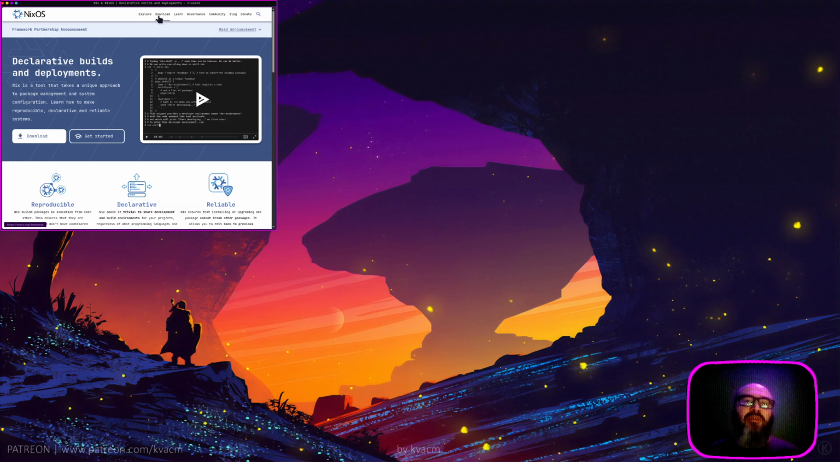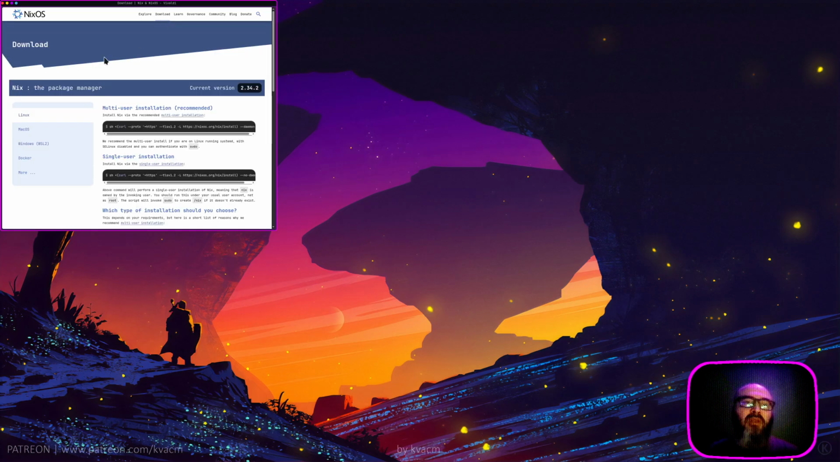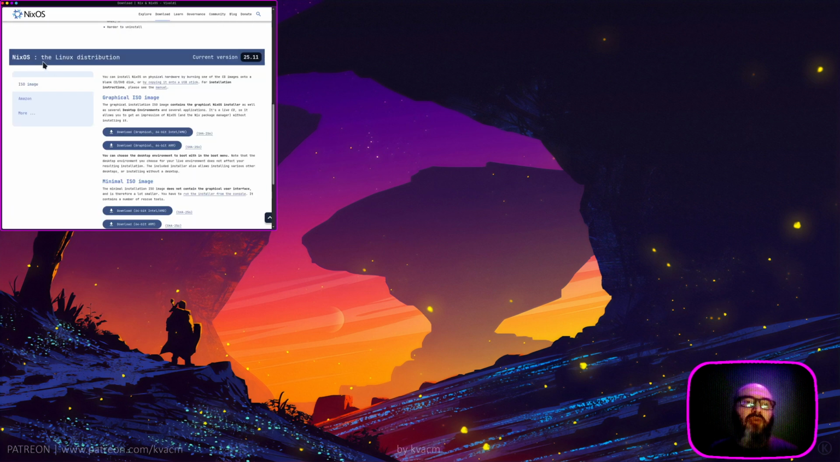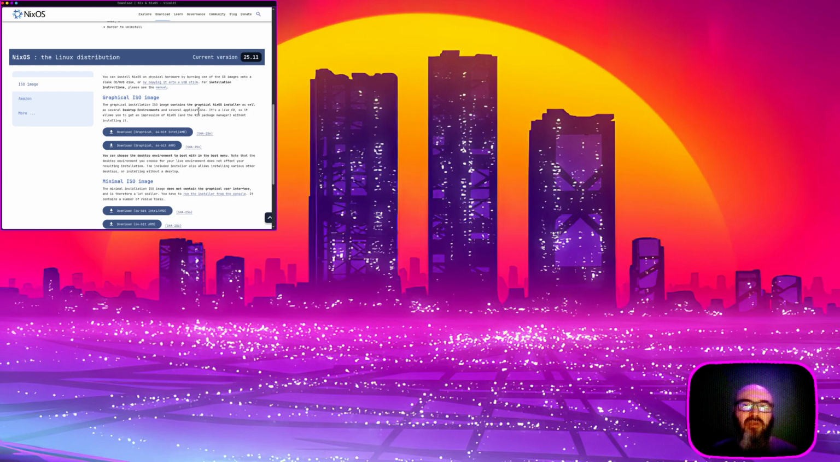So you have to come up here on the download section, ignore what it says here about Nix the package manager, and just scroll below here where it says NixOS the Linux distribution, current version 25.11. Myself, I use the graphical ISO image. It says here 64-bit Intel AMD. So if you have installed any modern Linux distribution, basically you download this ISO, you put it on a USB stick. It's a live interface, live,